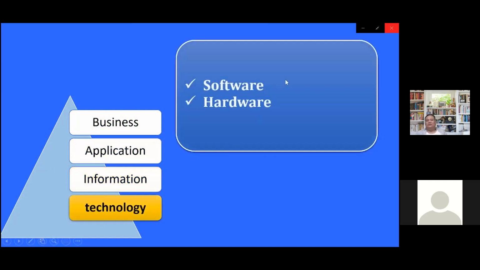And lastly, we have the technology. In a nutshell, technology is all the software and hardware we use in implementing the functions of the company, the data workflow, or any other aspects of the enterprise architecture. So those are the four